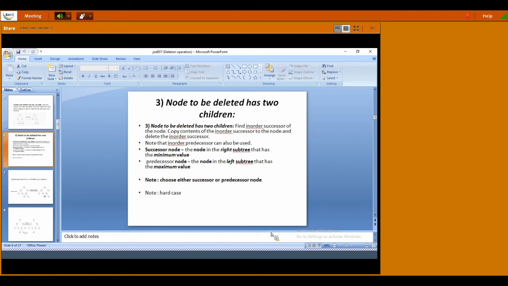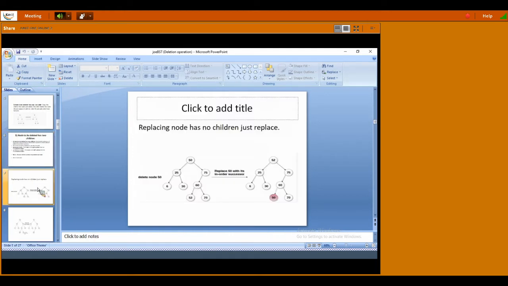The predecessor node is the node in the left subtree that has the maximum value. Either successor or predecessor can be used for replacing. It's not a big case, we can use either. I'll explain with an example.